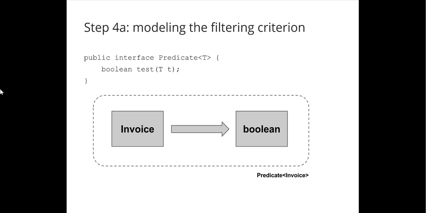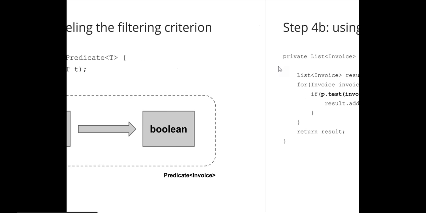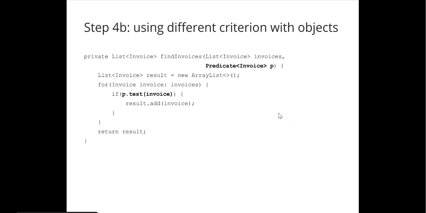So this is an interface that is available now in Java 8. We'll just use this interface called Predicate. And with this in hand, we can start refactoring our findInvoice method here. So our findInvoice method is going to take a predicate as an argument. Those are going to be different ways of how we'd like to check an invoice. We can update the body of the method here to test the invoice with that predicate as an argument. This is really neat now, because if you get a new requirement change that comes in, you can model that requirement through a predicate object.